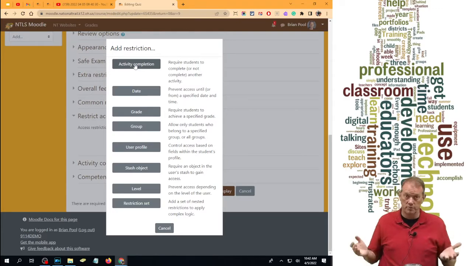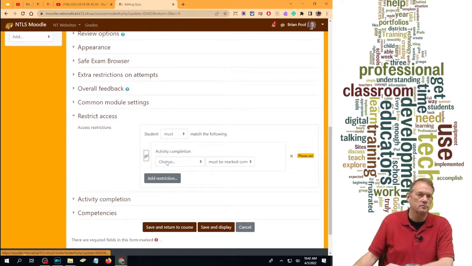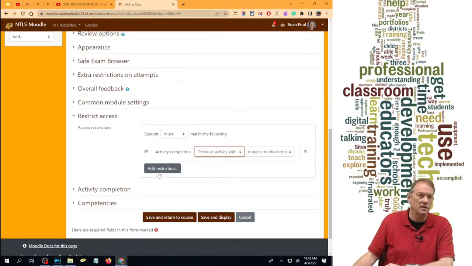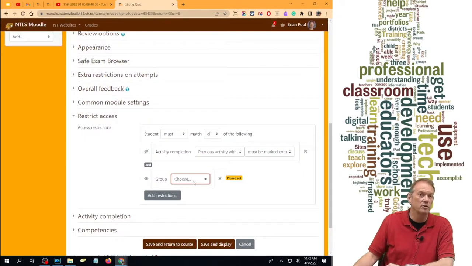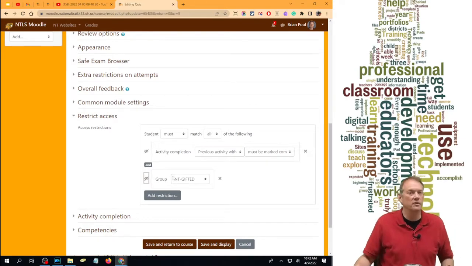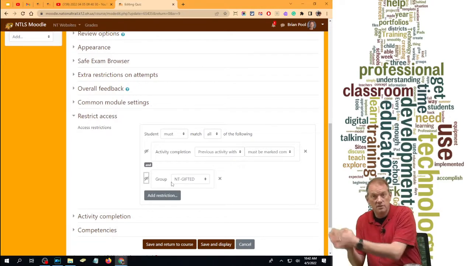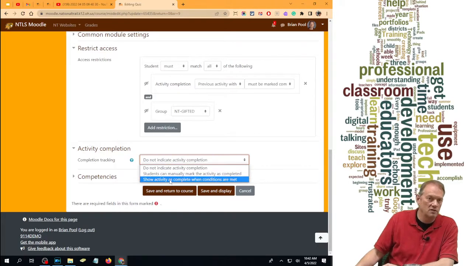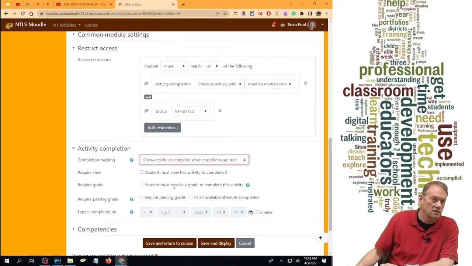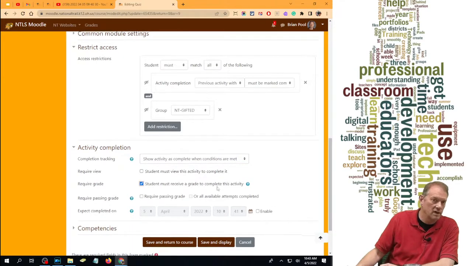You can do it based on groups, which I'm going to show you right now. So I'm going to say, hey, you have to have completed the previous activity, but I'm going to add another restriction and say you also have to be in the group of, we'll say this is for the gifted students, okay? And this says must match all of the following. You have to finish the previous thing and be gifted to see this new thing. I'm going to go ahead and make an activity completion down here and say students must, we're going to say they have to receive a grade to